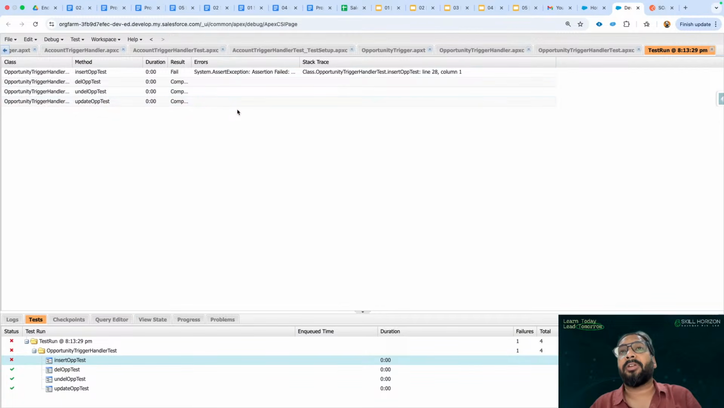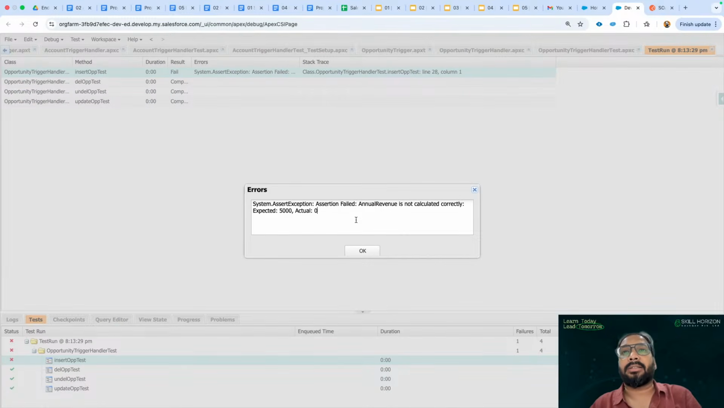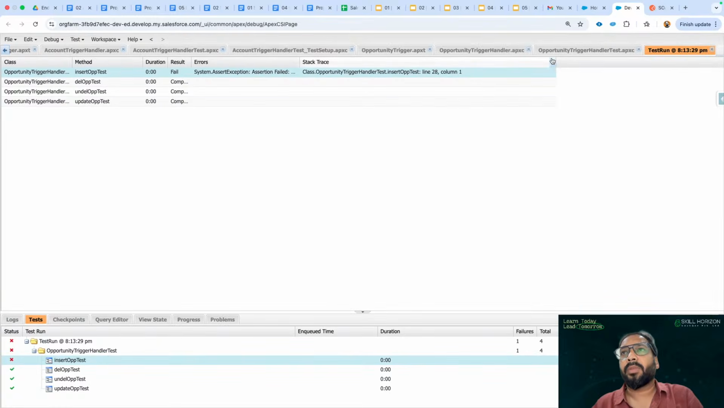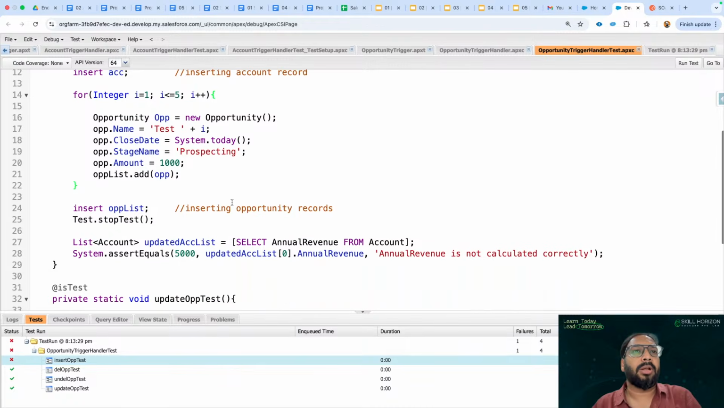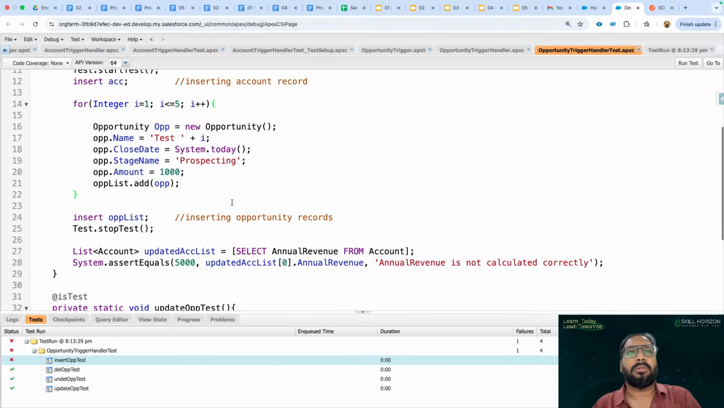Whenever it is failing, we will see the line number at which it is failing. And here the assertion is failing. Annual revenue is not calculated correctly, expected is 5,000 and actual is 0. So it means our code is not working fine. So what I'm going to do,